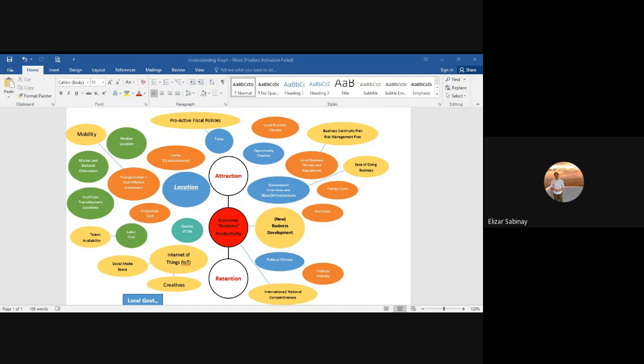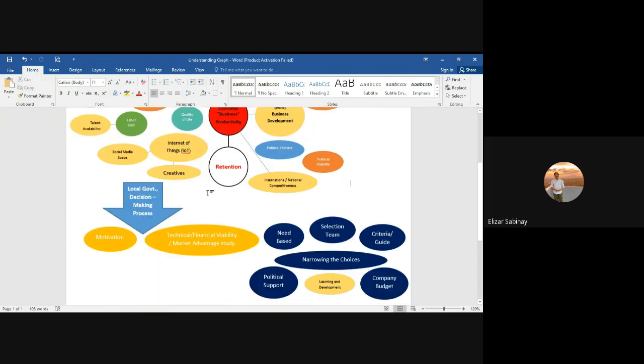And lastly, in terms of economic business productivity, I would like also to emphasize international and national competitiveness. And this is applicable not just to the Philippines, but even to local government units, to cities. If your cities are competitive, again, the market now is open to everybody. We're not just competing within the cities within the Philippines, but we're also competing with cities in Asia, cities against the world. So your ranking internationally, your ranking nationally would really matter in terms of competitiveness. And if you are very competitive, then you are good, you are ready, you can be a hot spot for investment. So that's part of my notes.